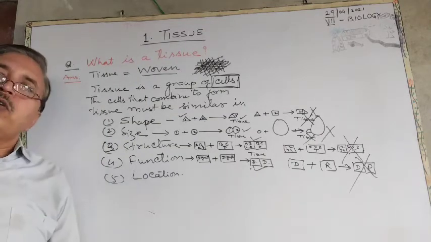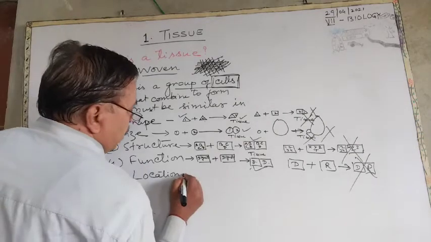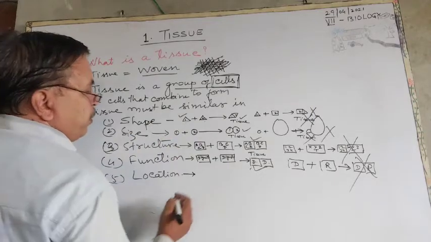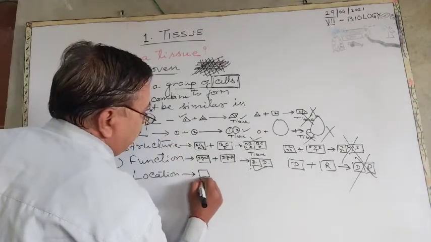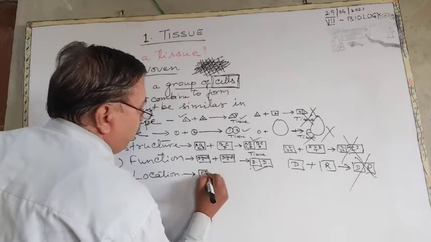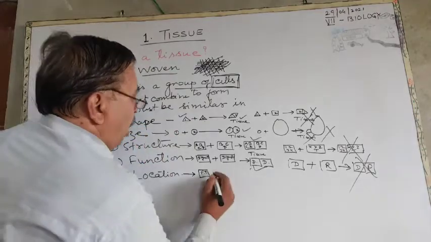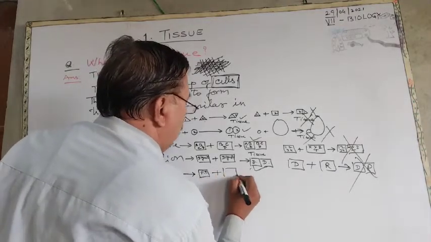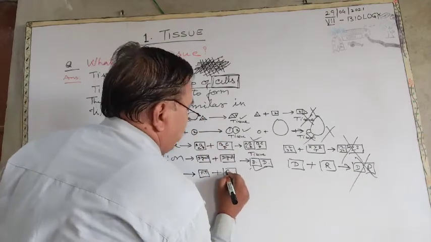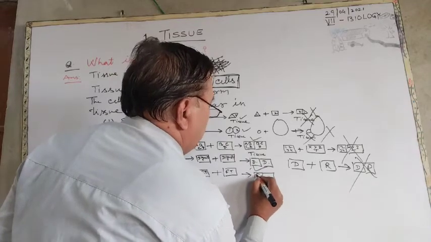As regards function also, they should be similar. Then regarding location, the cells should be located at one place, a similar place. Suppose there is a cell present in the fingertip, at this tip one cell is present, and the other cell also should be present at the fingertip only, then they will be able to make a tissue,